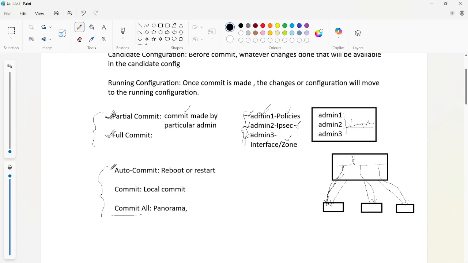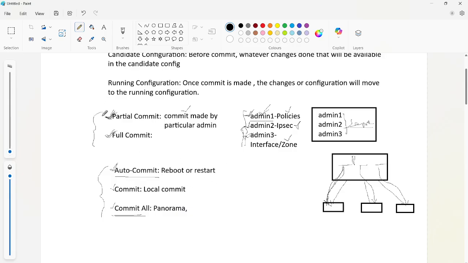Whenever you reboot or restart the firewall, the first commit you see is an auto commit. If you are making changes on the firewall locally, that will be called a commit. And if the firewall is fully managed by the Panorama, and you are pushing changes from Panorama to the firewall, that is reflected as a commit all.